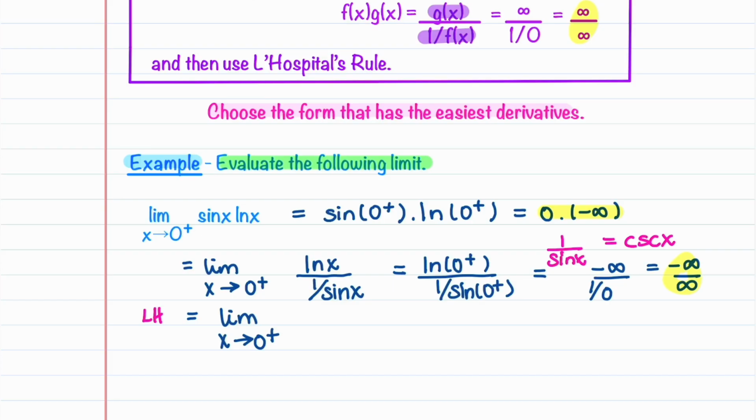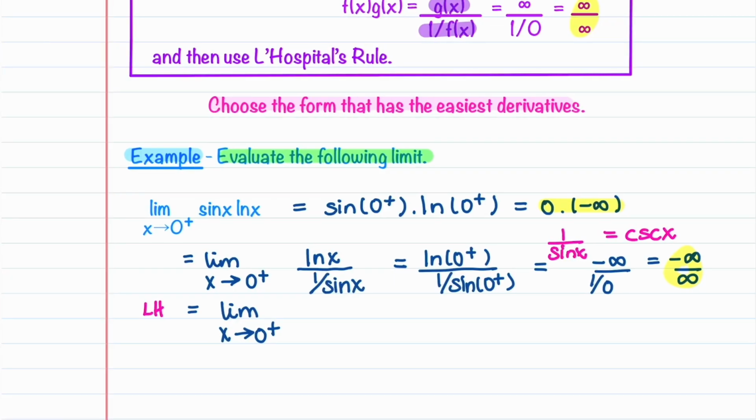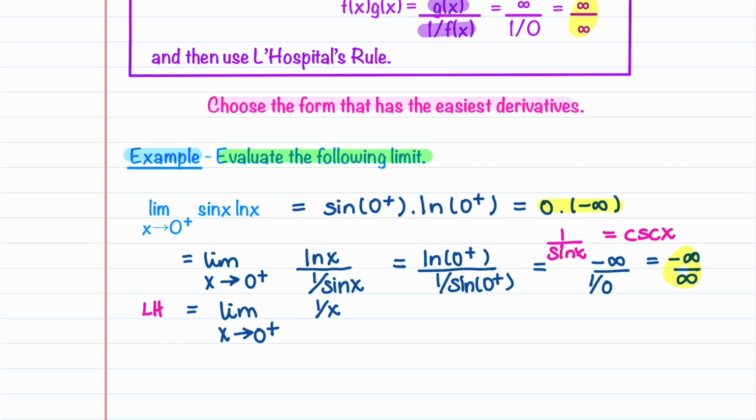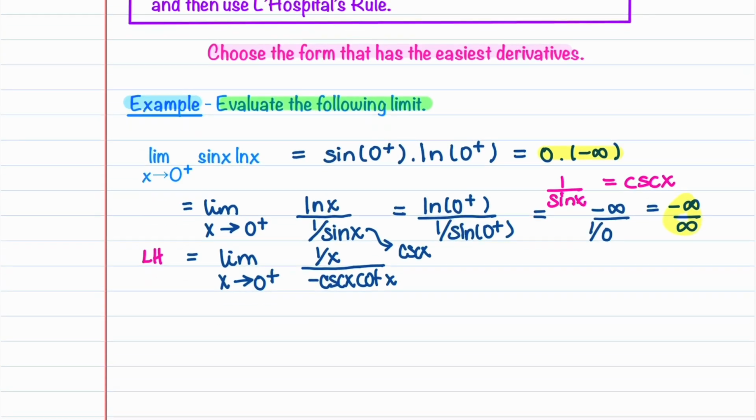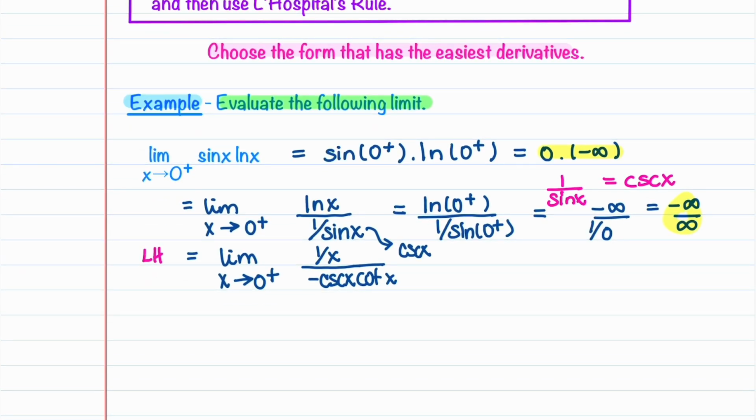Now we're going to take the derivative of natural log x, which is 1 over x. And now we're going to take the derivative of our denominator. Let's just make a note here that this is cosecant x. The derivative of cosecant is minus cosecant x cotangent x. And now we need to know what that limit is. I think the form that our limit is in makes it difficult to evaluate things. So I am going to change this back